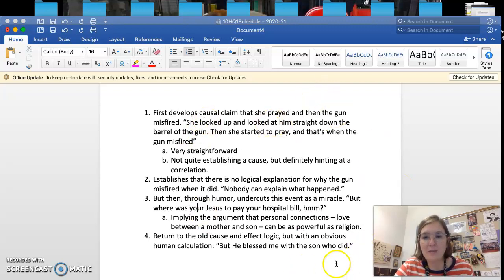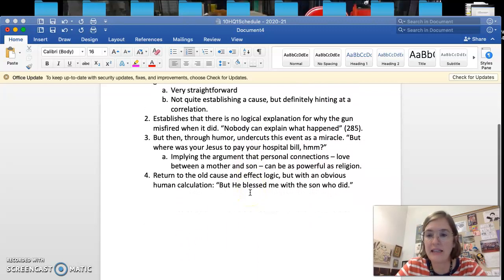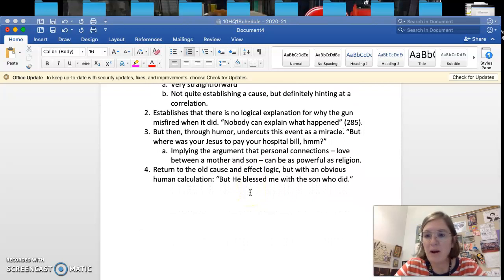So if I were to write this paragraph, I am going to explain piece by piece how he sets up this argument in this passage. And I'm going to do that using evidence from the text itself. If I were being really careful, I would include MLA citations. If you don't know how to do those yet, don't stress about it. 283, 284, 285. My book stops numbering them at some point, so I would do it like that within the paragraph. But basically, I'm just going to explain the way that this logic works here and how, in the end, he comes to the conclusion that religion can be a powerful coping mechanism, and return back to my thesis statement.